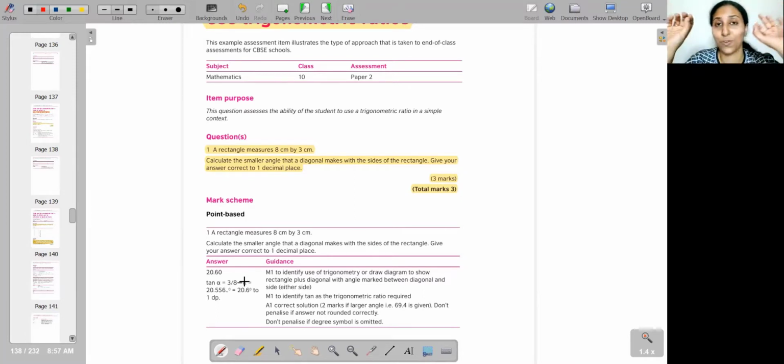Now, 3 by 8 is not a familiar ratio which you learn in your table. Again, for those who study trigonometry, you'll be able to follow what I'm discussing here. In trigonometry, you have a table where you learn certain set values for 0 degree, 30 degree, 45, 60, 90. So questions are always based on those angles only. But in real life, we know that angles could be so many different angles. It's not necessarily only these angles.